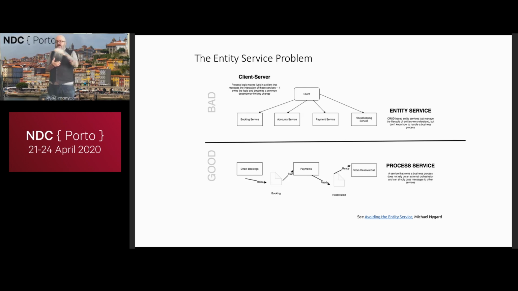A much better model is to remember that our microservices are focused on processes that form part of our customer journey, or part of our operational support for customer journeys. When we think about that, we can say what we really want is a new booking process which handles all the aspects of new booking and then passes the torch onto reservations, and passes the torch onto payments, and passes the torch onto channel manager, so that we have a flow of information through our system dealing with the booking. And then we can keep the business rules that apply to that particular process with the data of that process all inside our microservice.